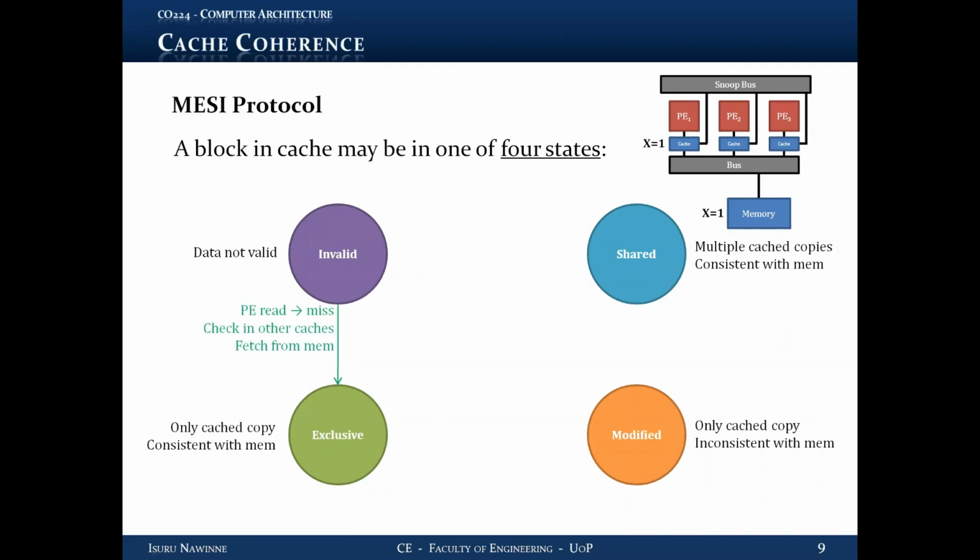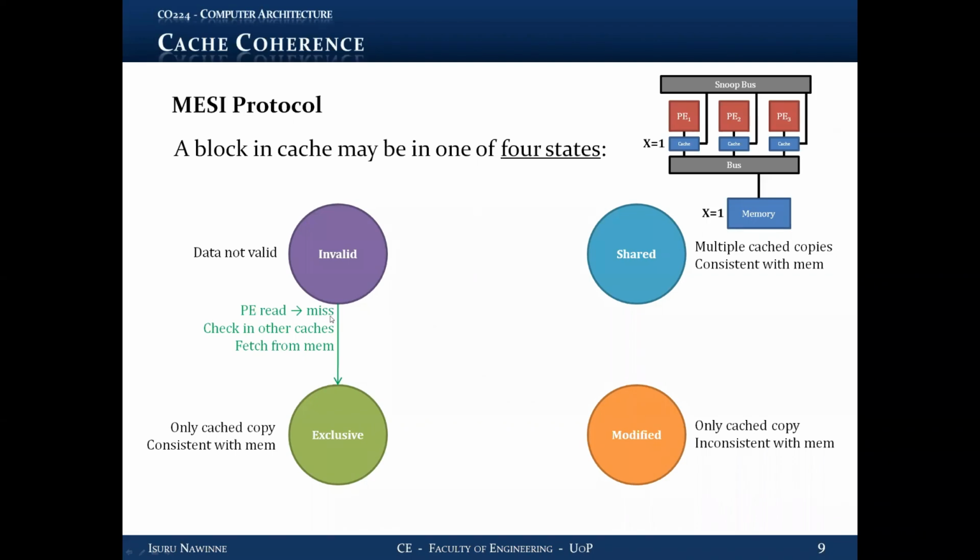Now, the first thing that happened was processing element 1 performs a read on that address, and initially it was a miss. So processing element 1's cache controller fetches the value from the memory, right? At the beginning, when the cache controller first sees an access to the address X, it was invalid, because it was the first time. That block was not in the cache. So when the cache controller sees the state is invalid,